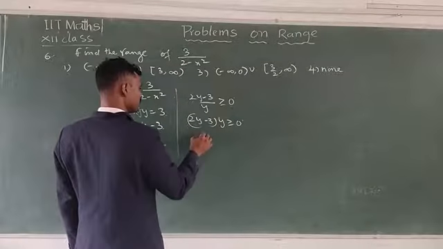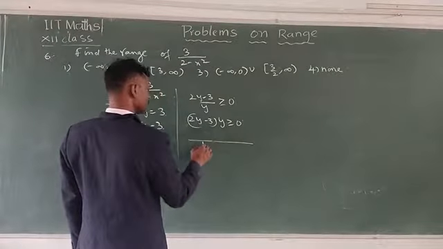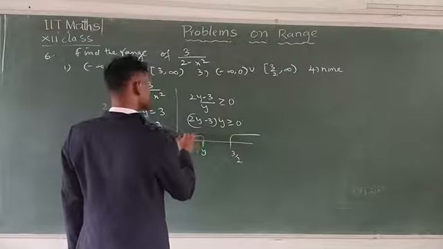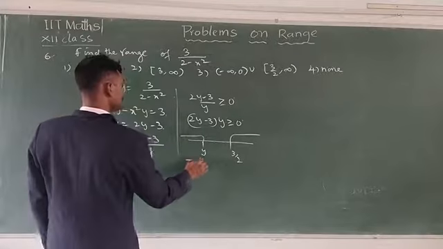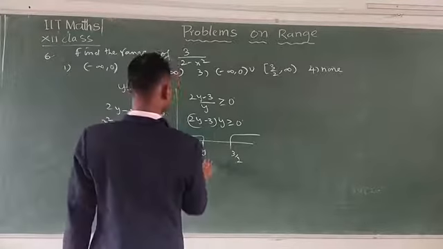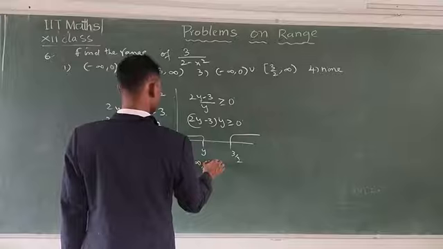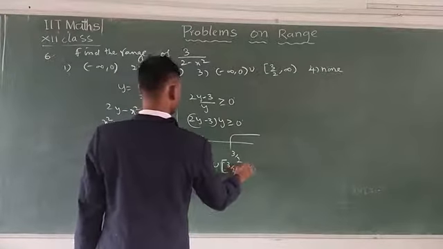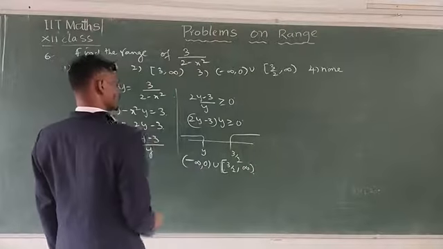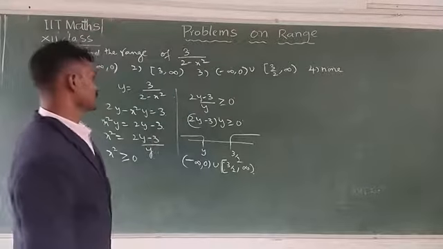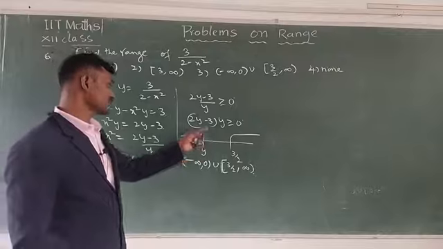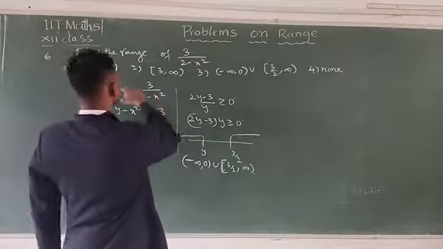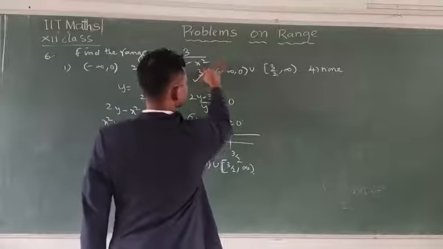Then here, this is 3 by 2, this is y, this is 3 by 2. Then minus infinity to 0, open at 0, union, 3 by 2 closed interval, 3 by 2 to plus infinity. Okay, which option can you check here? Actually, this is the domain of y. This is the range of the given function. Then which option do you have to check here? This is the third option. Note down.